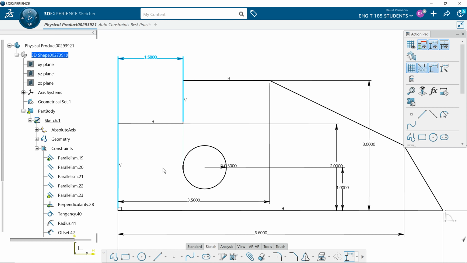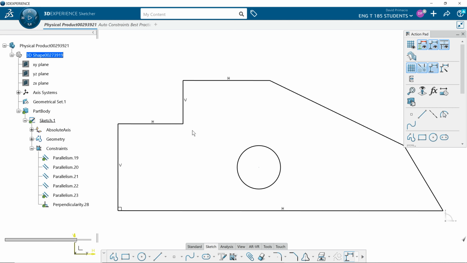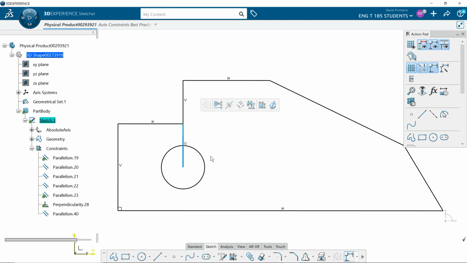If I were to change this to 1, not only does the edge move, but the hole moves. So you notice when I did my sketch, I built this circle over here so it wouldn't line up. If I had had this circle over here, where it lined up with this, the center lines up with this edge here, and I try and use auto constrain,